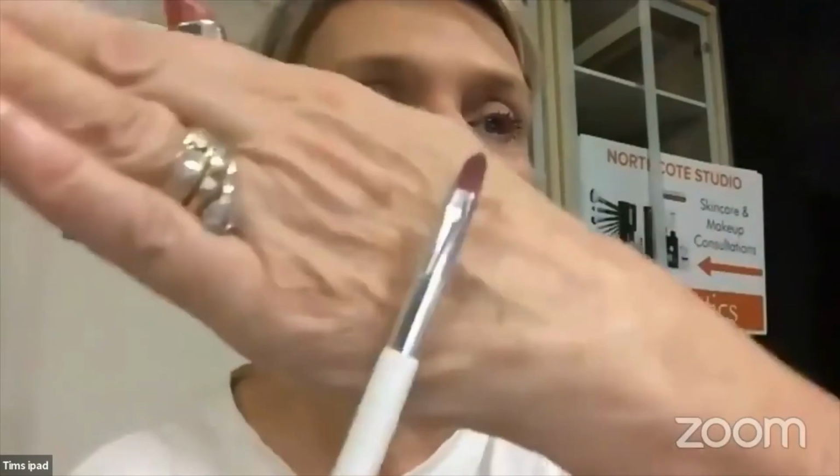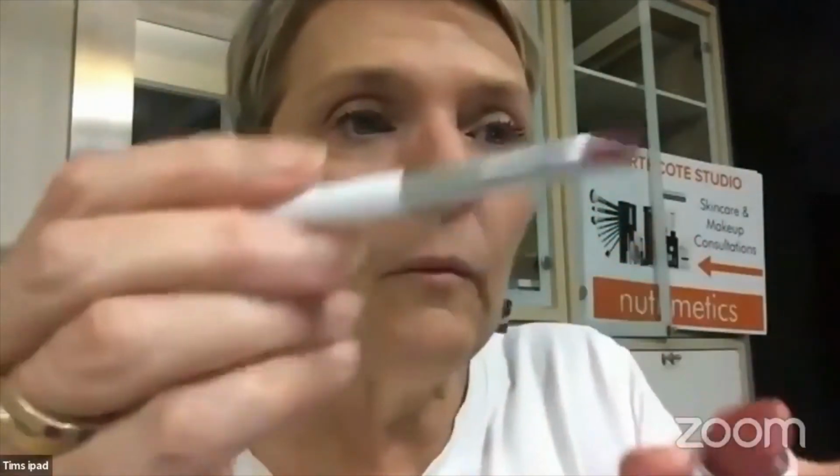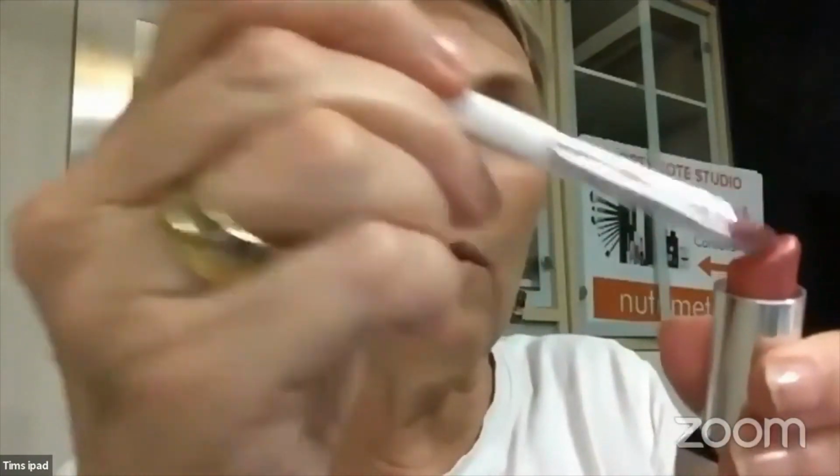So you can, of course, apply it and run out the door, put it in your handbag, apply more throughout the day. But you can also use the brush, which is the lipstick brush. You can take the lipstick from the crayon, as you can call it, and you can create a lovely, smooth, more even direction of where the lipstick needs to be. Okay, so without using a pencil or a liner, an extra product, more time to do, just throwing on your lipstick with your brush, you can do